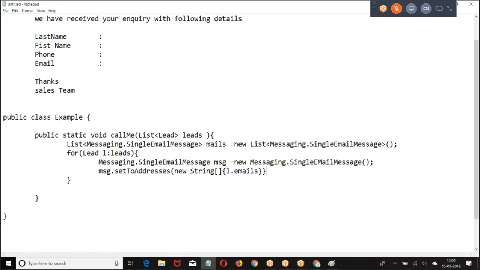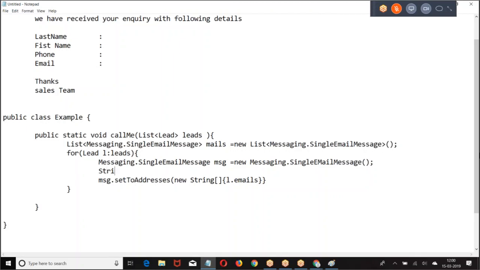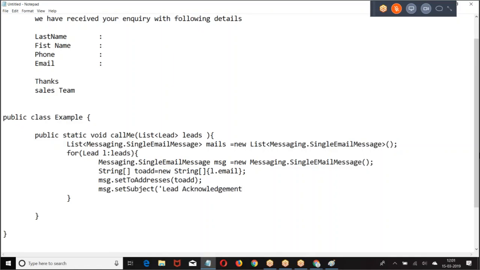L dot email. If you are confused, put them as a separate one. Message dot set subject. Then you are supposed to create a body.